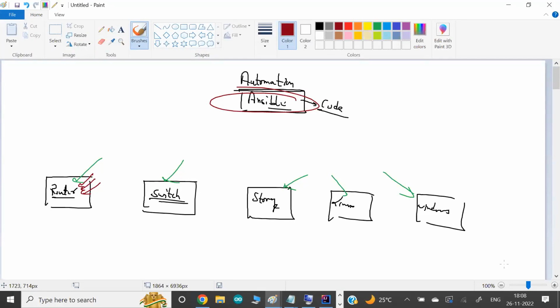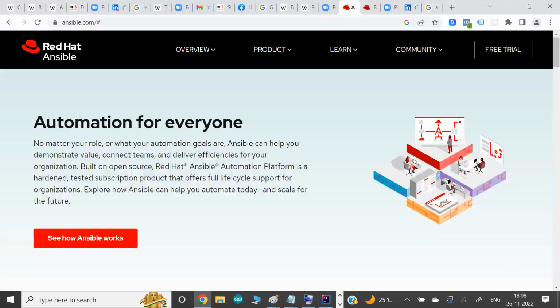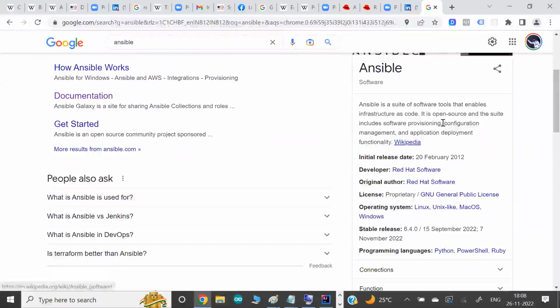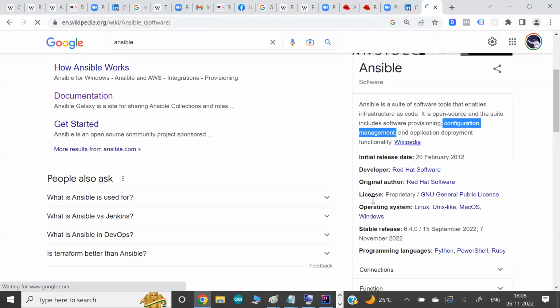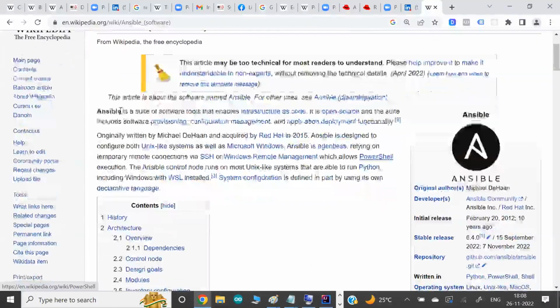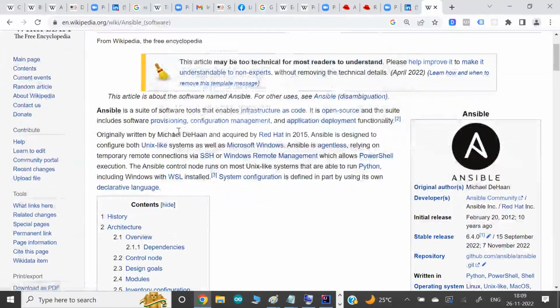But nowadays, Ansible is not only for configuration management. Config management is the core of Ansible. If you see some older definition of Ansible, you can see it is mainly for configuration management. This is how they started, as a software for config management.